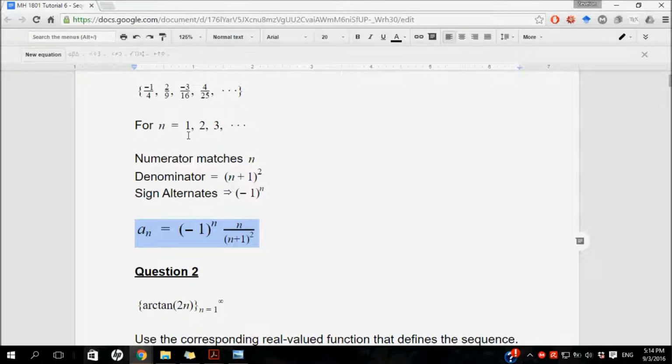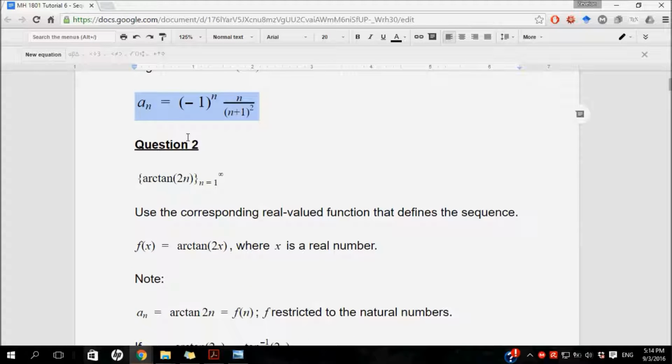At questions 2 and 3. The sequence given in question 2 is arctangent of 2n, where n goes from 1 to infinity. Now for such sequences, it is useful for us to study the corresponding real-valued function